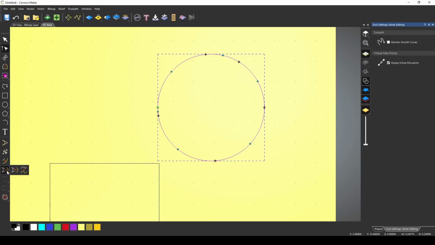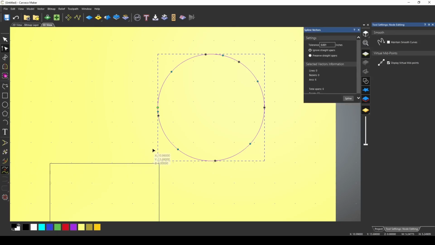And then you also have the spline tool, which is just the opposite, and it will attempt to make everything into Bezier curves. And if we hit that spline tool, you'll notice that it gave us a lot more Bezier curves than were there before. This is also useful if your line is really uneven, if it has wobbles in it. You can straighten them out using the spline vector tool. You can also tell it to ignore straight spans or preserve straight spans. So let's say this design was part circle and had some straight lines in it. You can preserve the lines where it only changes just the curved parts.